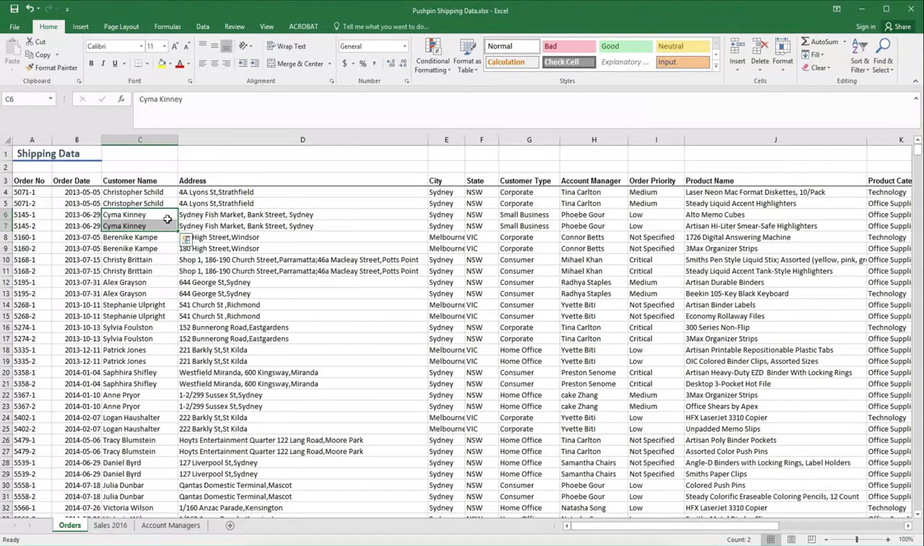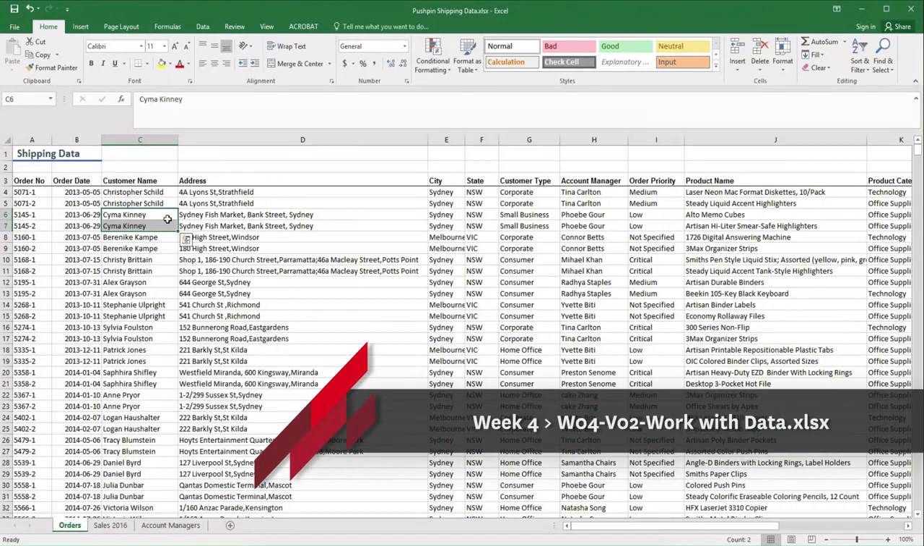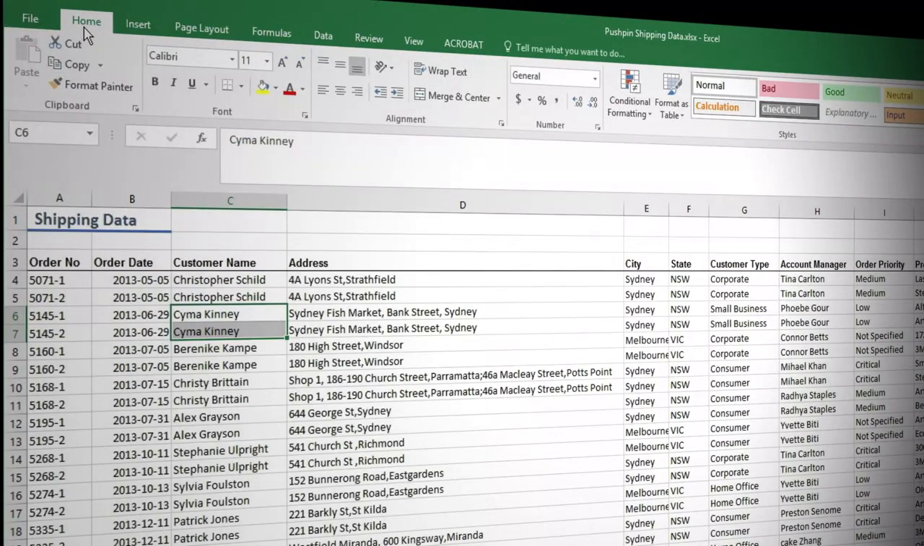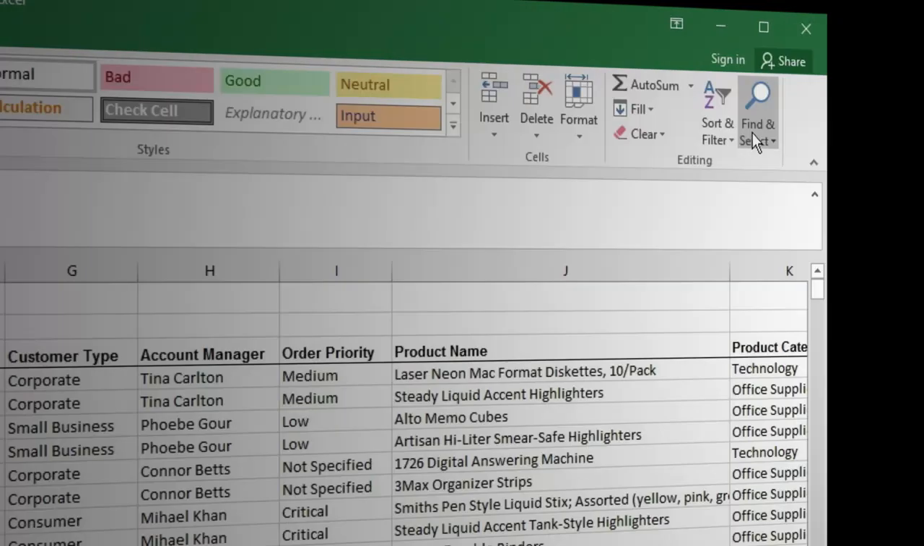Today, Sean needs to find specific data in his spreadsheet, and he needs to replace some specific data in his spreadsheet because it needs to be updated. Let's start with Find. In the ribbon in your Home tab, right at the end, you have a button called